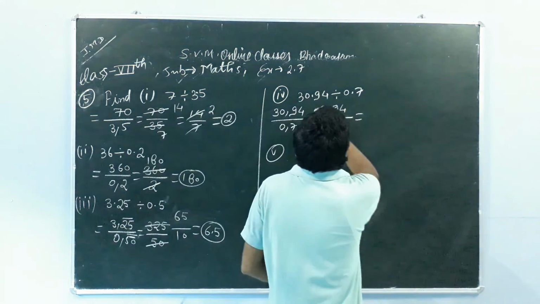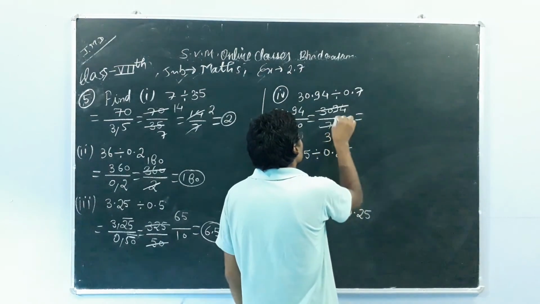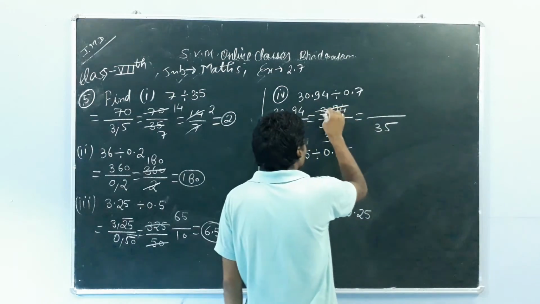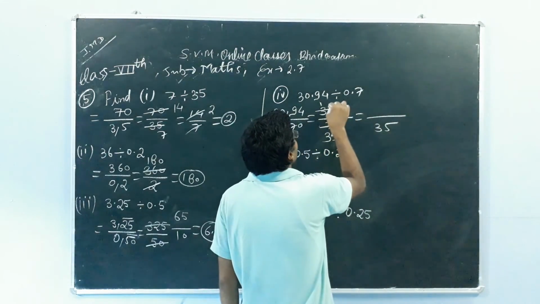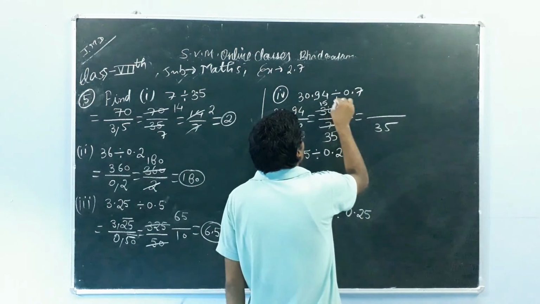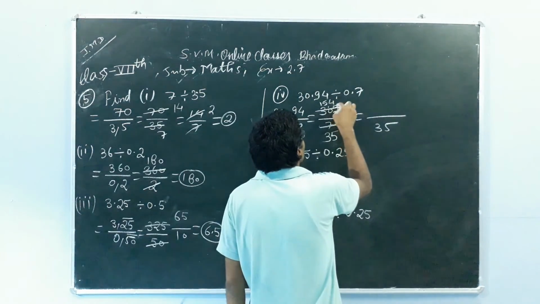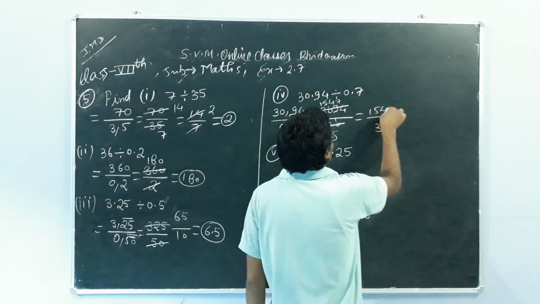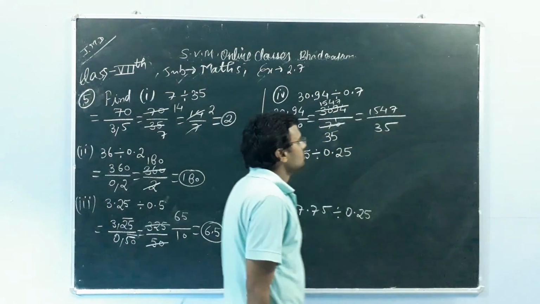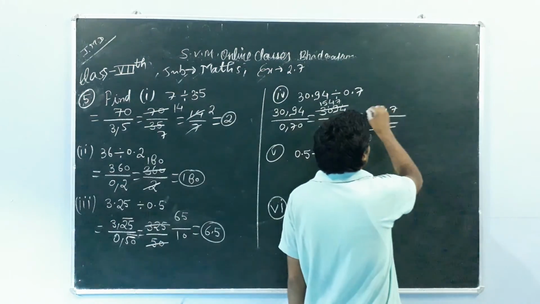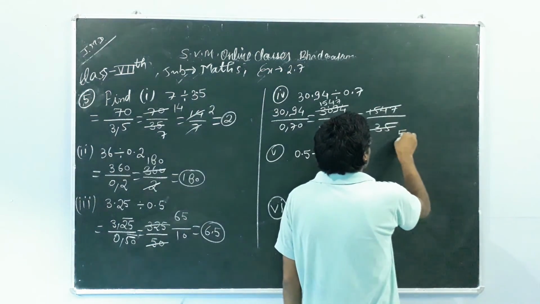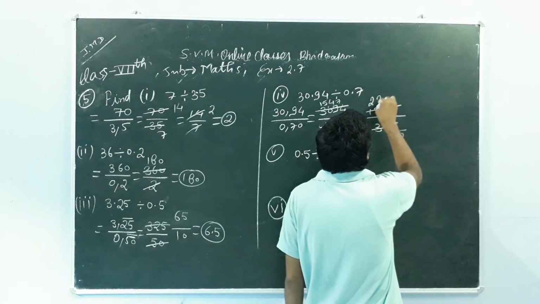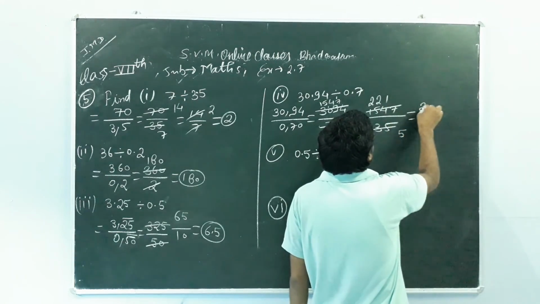Good. So 2 threes are 6. Now this is 1, 2 fives are 10. Okay, this is 35. Now we will divide this one by 2. 2 ones are 2. This is 10. 2 fives are 10, and after that 2 fours are 8. This is 14. 2 sevens are 14, so 1547. Okay. Now we will divide both by 7. 7 fives are 35. This is 7 twos are 14. Again this is 14. Again 7 twos are 14. 7 ones are 7.